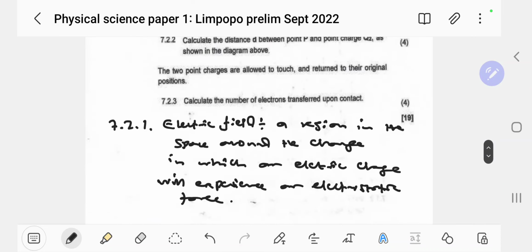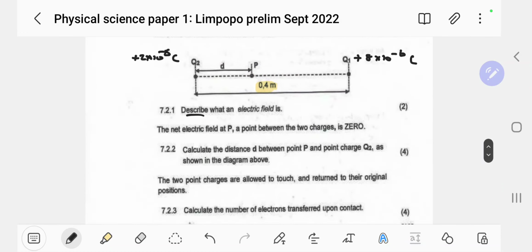So I think we've done our description okay. As long as there's electrostatic force somewhere, and then an electric charge, be it a positive or negative charge, doesn't matter. But of course, the earlier experiments used a positive charge, so that is why the positive charge features. But it doesn't mean it's the only one that does so. All right, not a problem. Yeah, that is it. Let's do the next one.